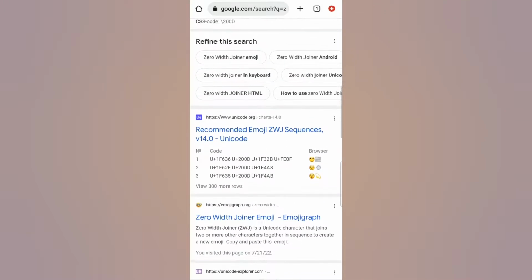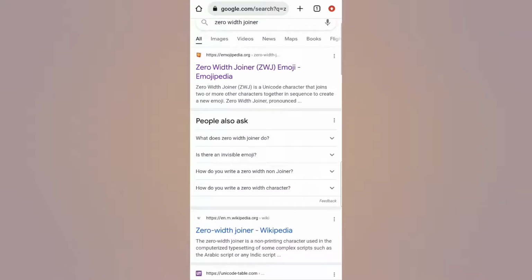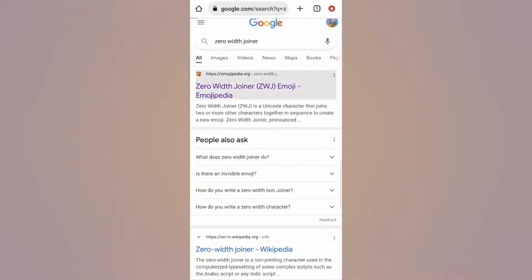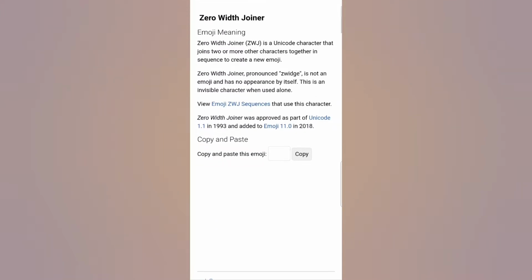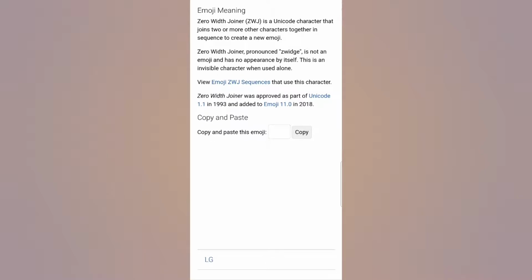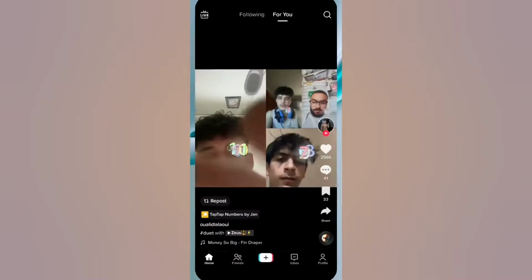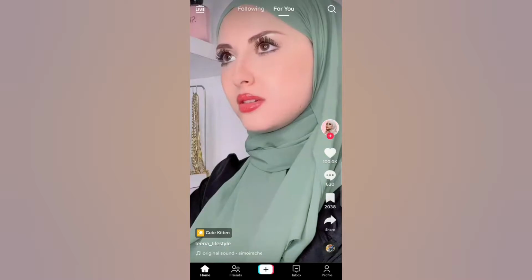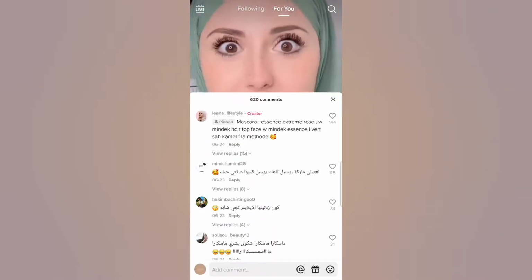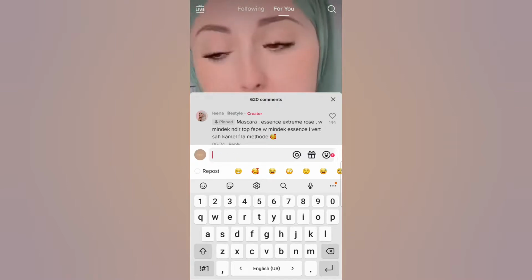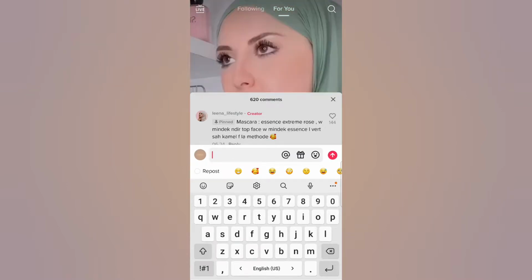As you can see, it gives us a lot of websites, and you can choose any one of them as they all do the same job. Let's just click on this one, and as you can see, it's right here. It says copy and paste this emoji, and it's like a blank space. So let's copy it. Once the emoji has been copied, let's go back to TikTok and say, for example, I will comment on this video, add the blank emoji, and then you can